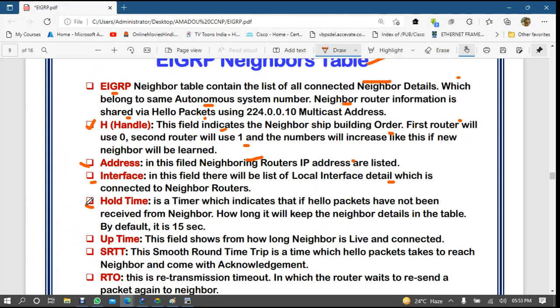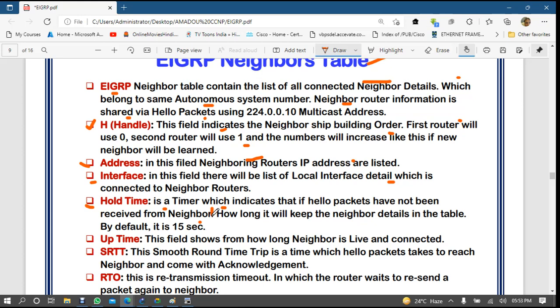Now hold time. You remember EIGRP has two types of timers, hello and hold. Hello is 5 and hold is 3 times hello, which is 15. It is a timer which indicates that if a hello packet has not been received from a neighbor, how long it will keep the neighbor detail in the table. The default is 15.